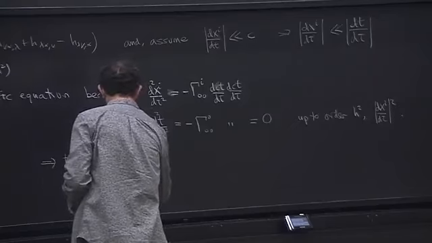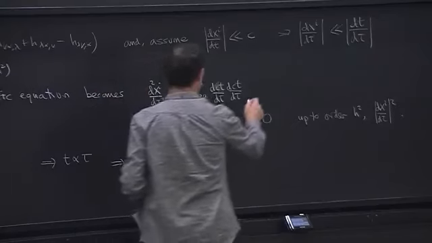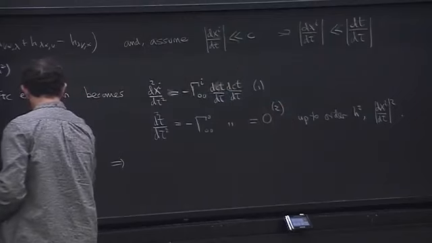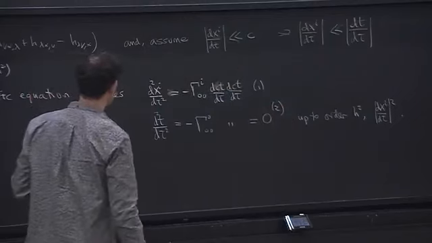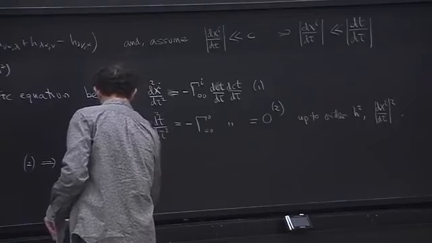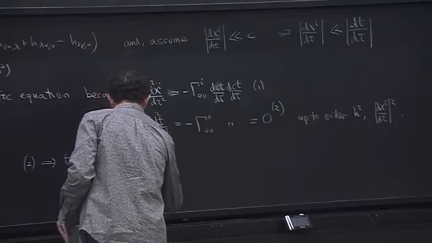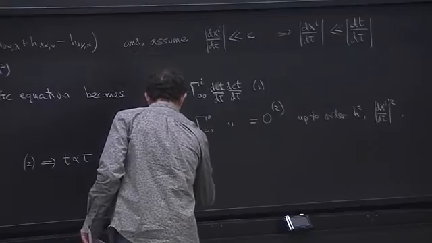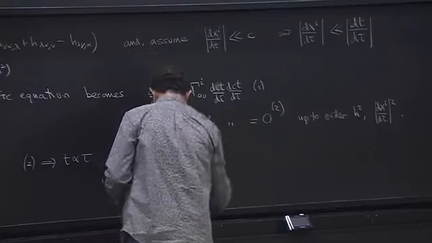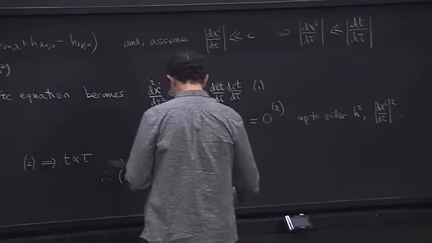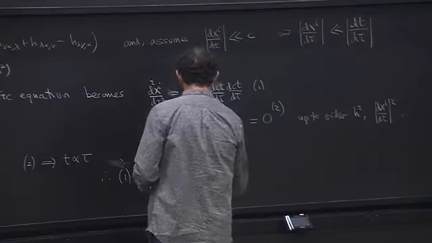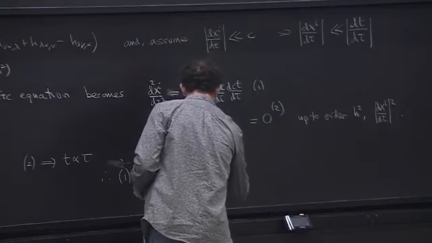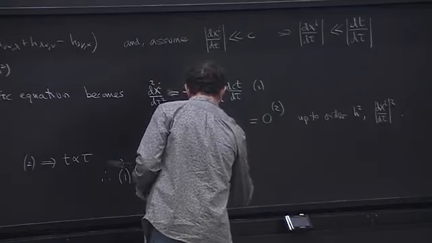Let's call this 1, and let's call that 2. So equation 2 implies t is proportional to tau, so therefore equation 1 implies d2xi dt squared is equal to minus gamma I00 c squared,